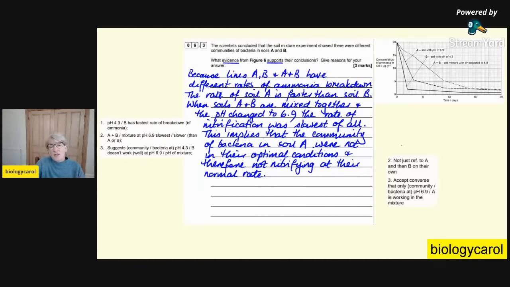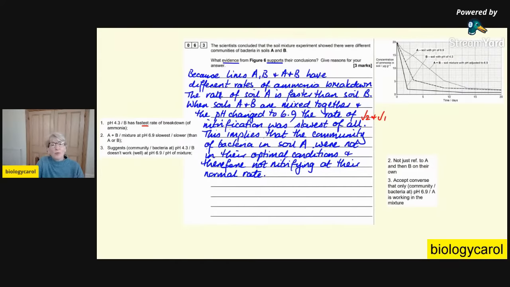So here is the mark scheme and the little pointers, and here are the marks. Now let me just explain. I clearly got mark 0.2, because A plus B is slowest. For mark 0.1, I had to say that B had the fastest rate of breakdown. Now, I only said,